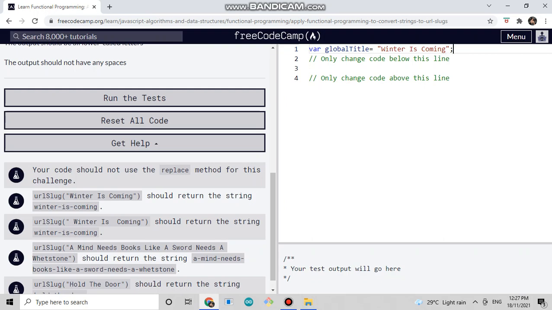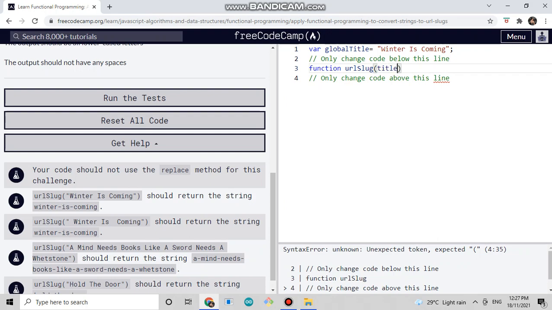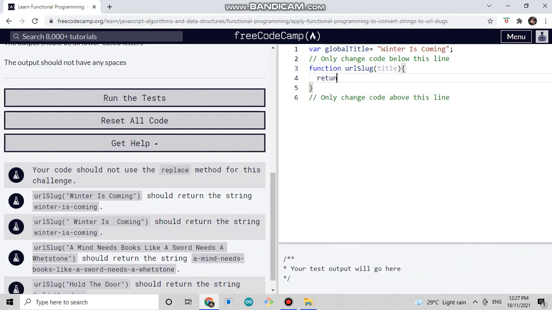And then function URLSlug title, and then return title